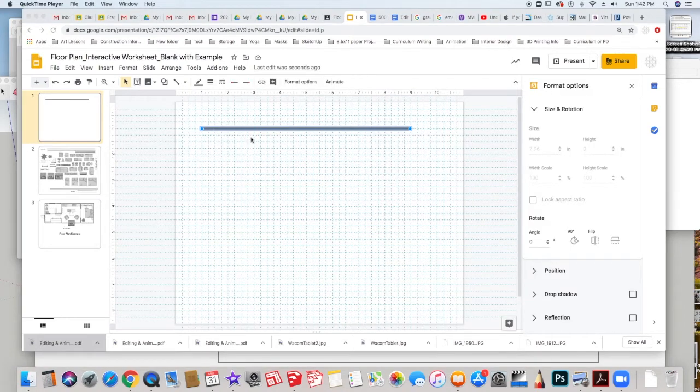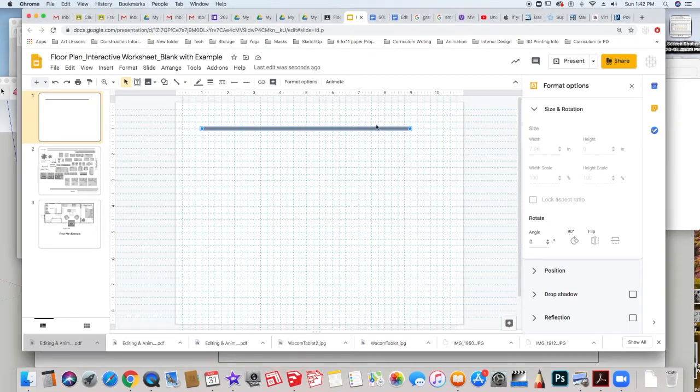Let's say I want to move this back to 20 feet, so I need to move it back to the 5 mark. The way I'm going to do that is I'm going to click on the line to select it. I'm going to hold the Shift key and mouse over the end of that line on the blue dot. I'm holding the Shift key down, and when I click off of my mouse and then let go of the Shift key, it will bring that right to the area that I want without moving the line.